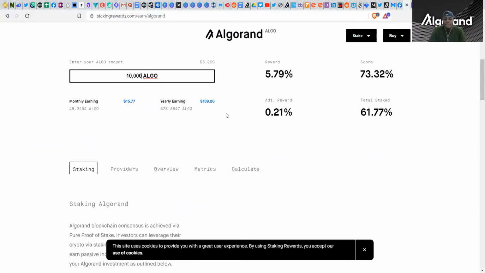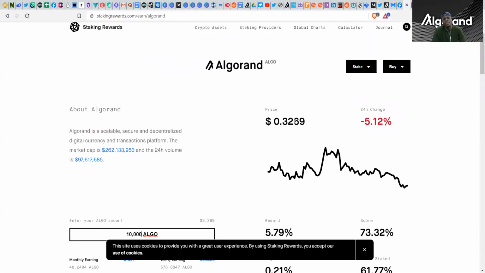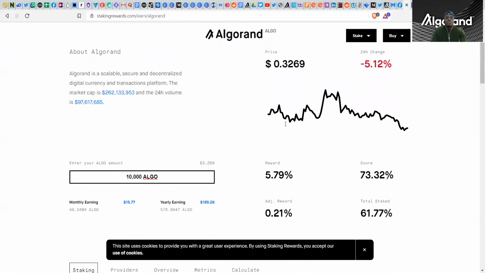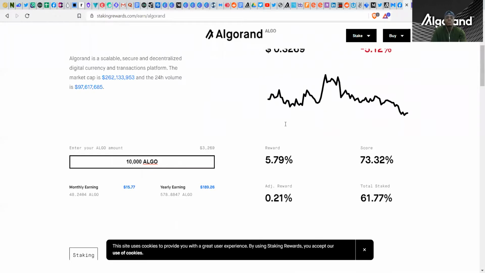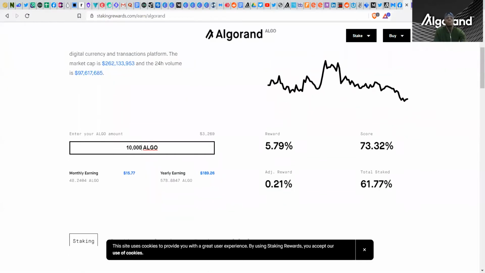So you're not actually doing anything. You just buy this Algorand and keep it in your wallet, and you get this percentage of the Algorand. So imagine you bought Algorand at, let's say, around this price, 0.32, and you keep on staking for like a year, and the price went from $3 to, let's say, $2. Your 10,000 Algorand will not be at the current price, it's going to go higher. It's like 10,000 times $2 plus, let's say you're doing a yearly earning, 578 Algorand. So if you add all this together,